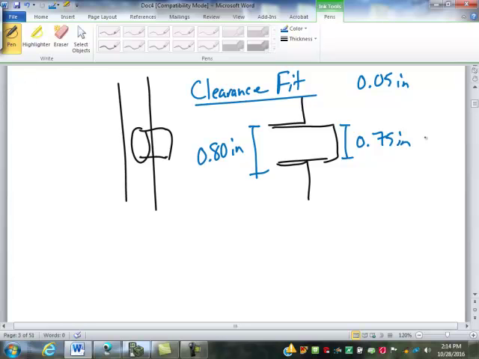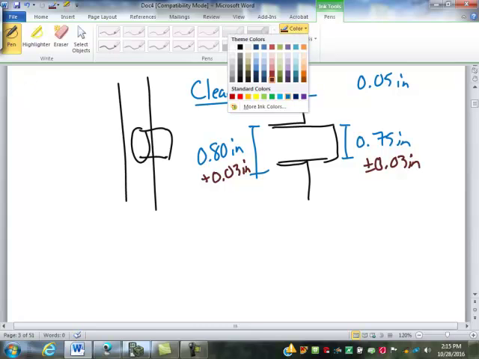Well, again, in an ideal world, that would. In an ideal world, we'd be able to make that hole exactly 0.80 and that bolt exactly 0.75. Problem is, as we manufacture those things, there's going to be allowances, tolerances on those dimensions. So if this is plus or minus 0.03 inches in its manufacturing, and this here is plus or minus 0.03 inches. That means